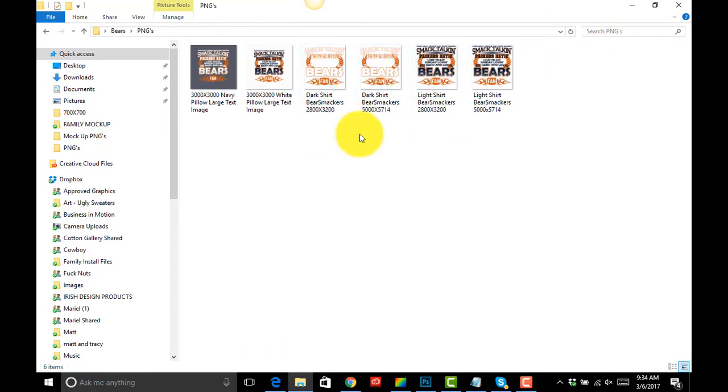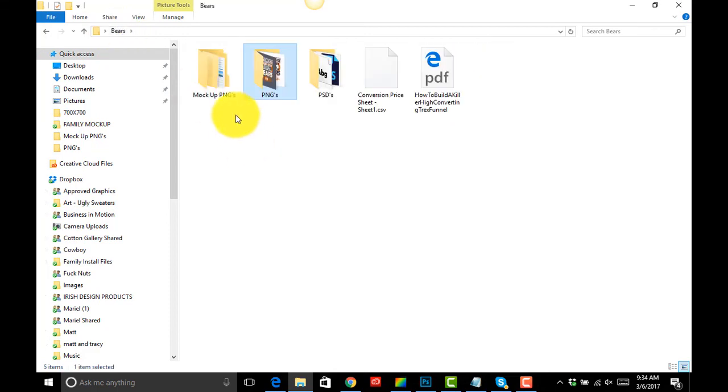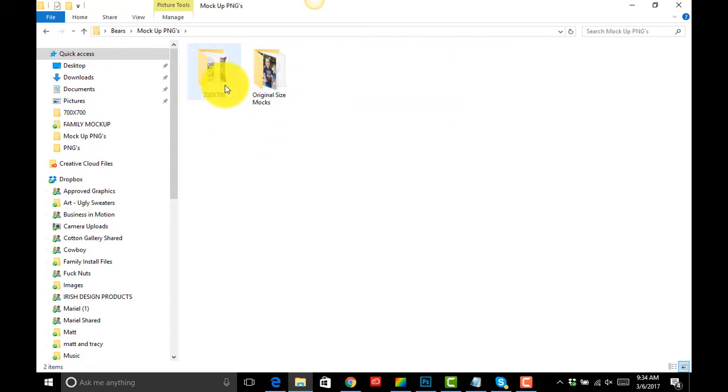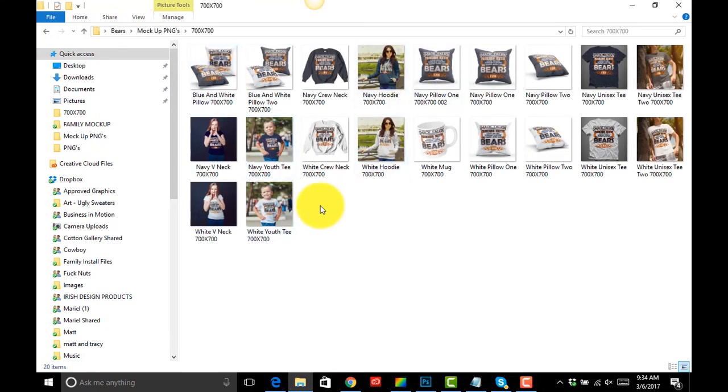You would then go and create your mockups only. Okay, so all you'll be doing is saving PNGs like this with the design on top of your mockups, and you'll be using good mockups that you would have got from Graphic River. They're not expensive, you know, a few dollars each, and they're worth every penny because they make your stuff look a lot better, and people will be attracted instantly to the image when